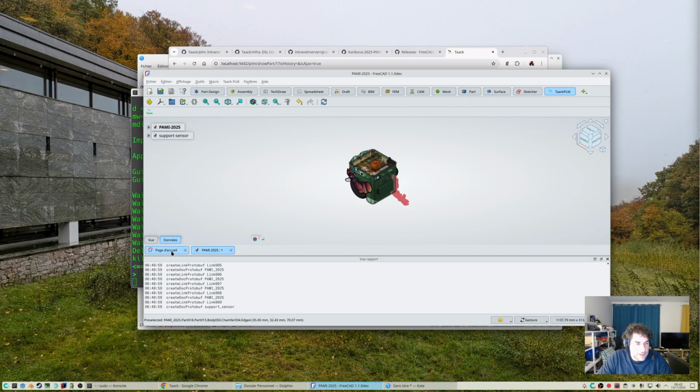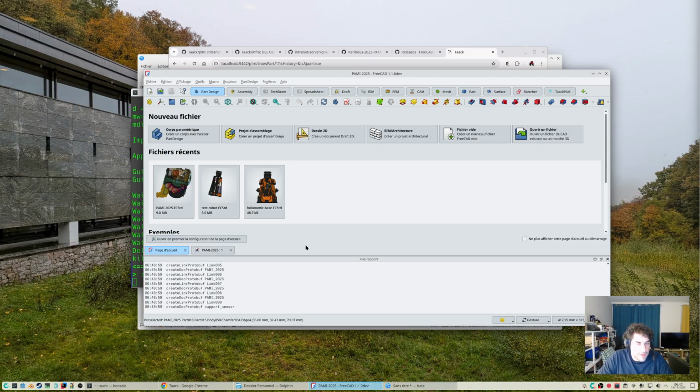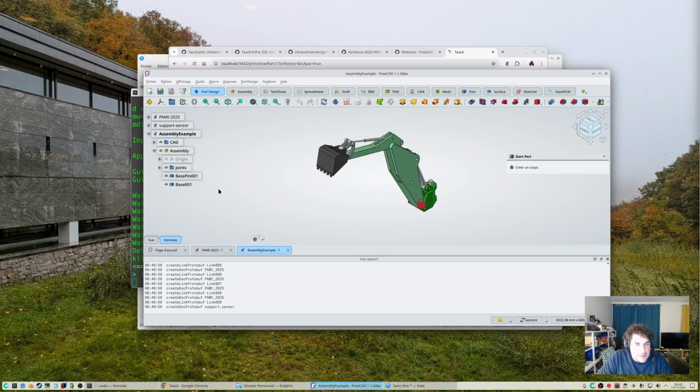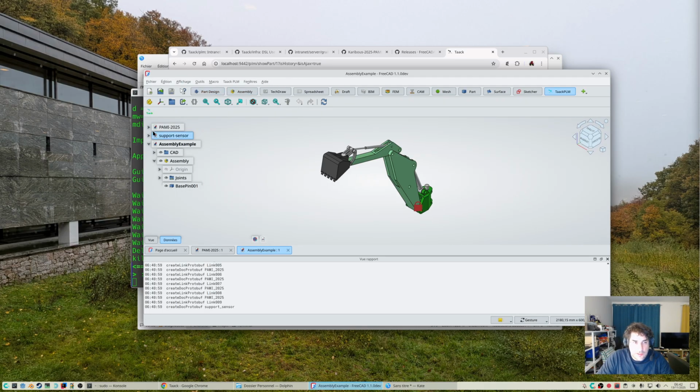For example, if I go back to the first page and I load this assembly, I can now do the same. Go to the PLM application, select the main assembly, and upload it. That's as simple as that.